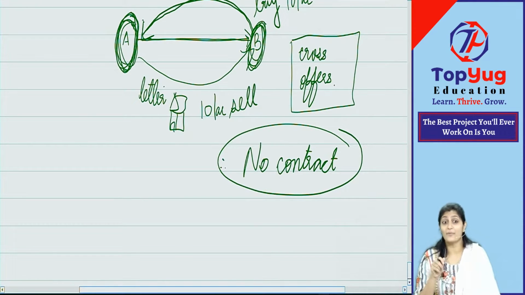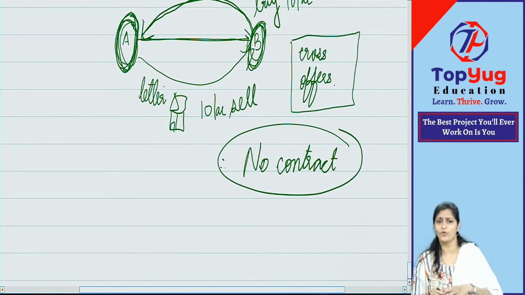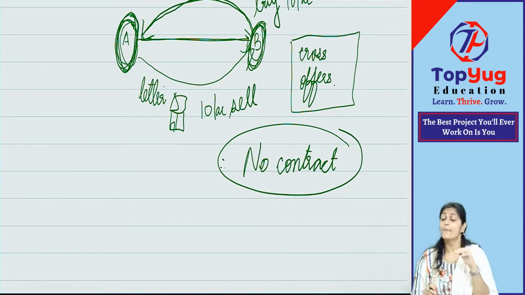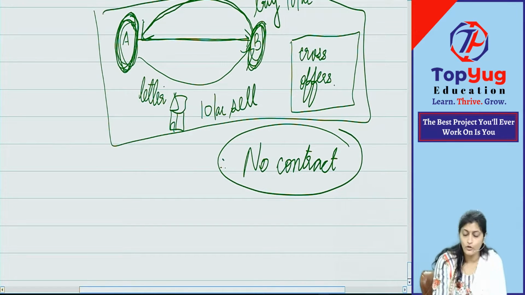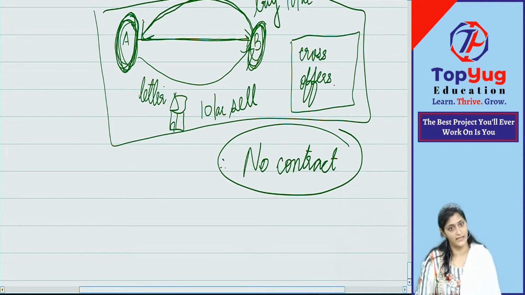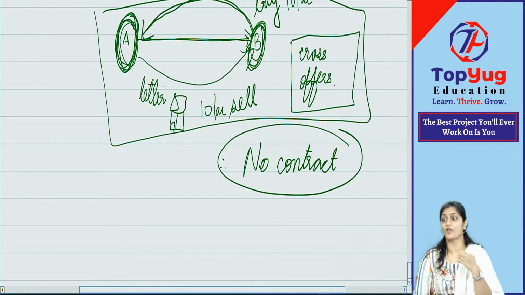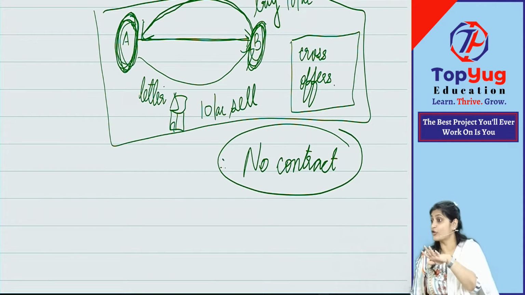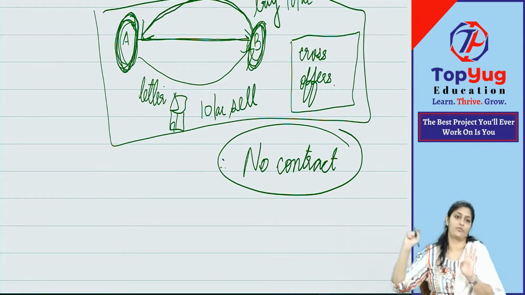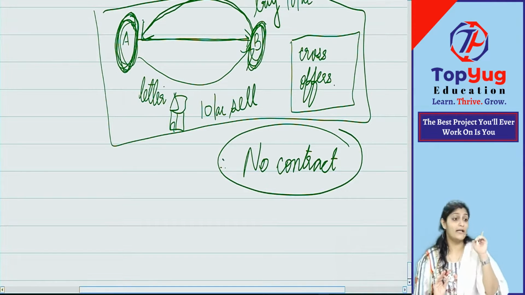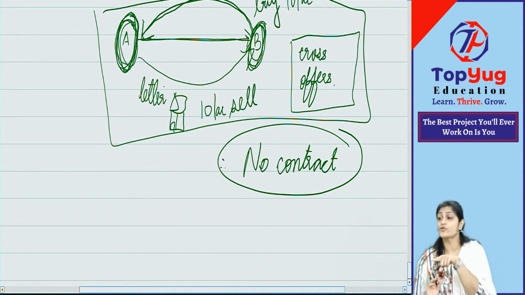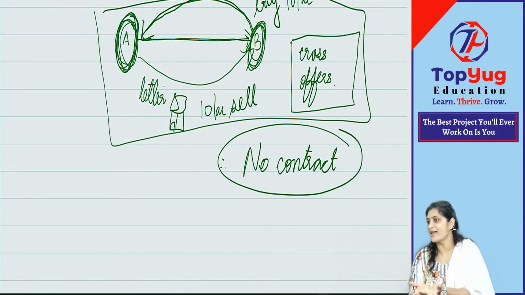What does "there is no contract" mean here? You do whatever you want to do. A, you sell the house. B, you purchase. But the law is saying that if you enter into a contract on this basis, I am giving you the house, you give 10 lakh rupees, and afterwards if something wrong happens with you, don't come to me. I will not support you. You do whatever you want to do. But if you want my support, then what should you do? Enter into a new contract.